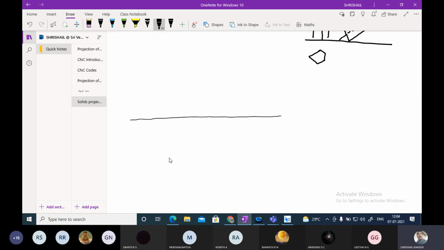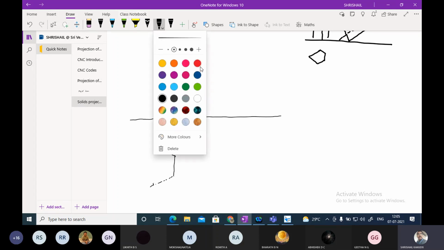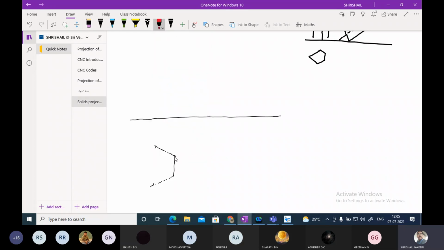Now what you have to do? Take a suitable distance. You leave some space. Take 25 mm, and from here you draw a line at an angle of 72 degrees. A line again here also at 72 degrees. This will be 72, this will be 72 degrees, and this will be 72 degrees. Okay, 72 degrees I have taken. Then the same 25 mm you make a marking here, and I am going to make a marking here. Take 25 mm. Okay, you understood? I have taken 25 mm.